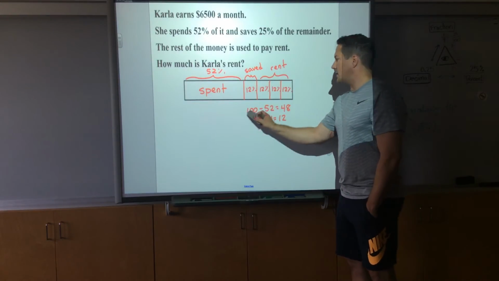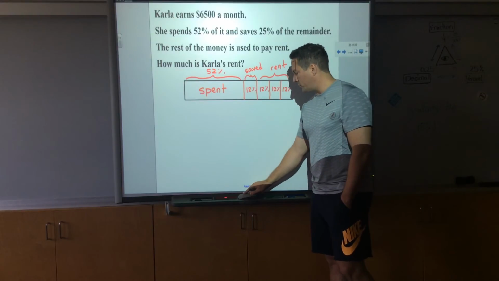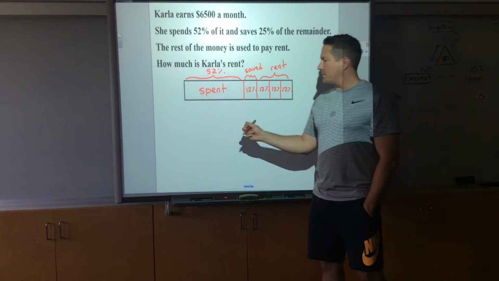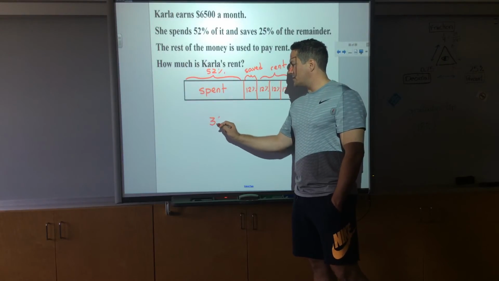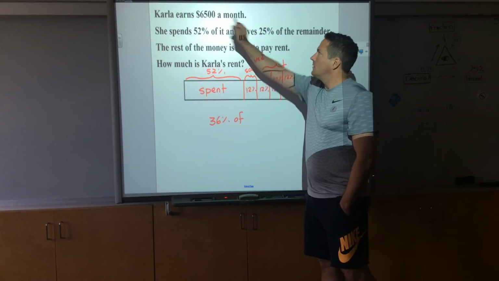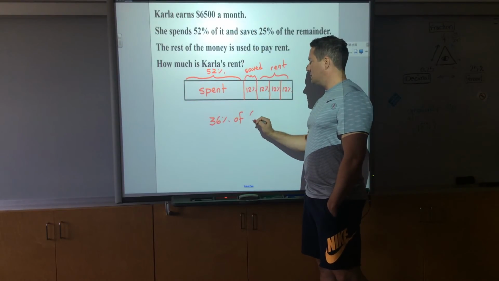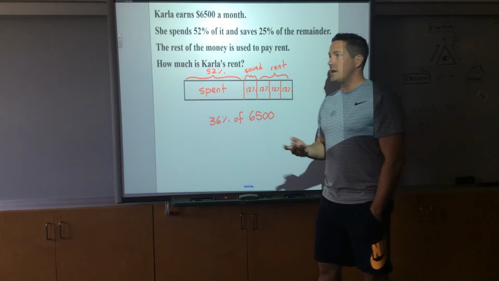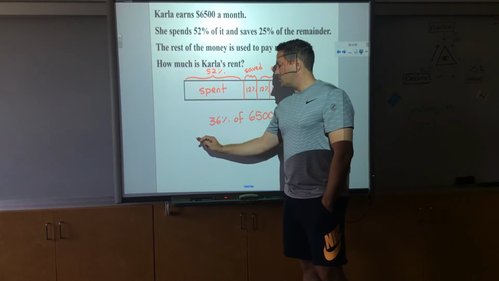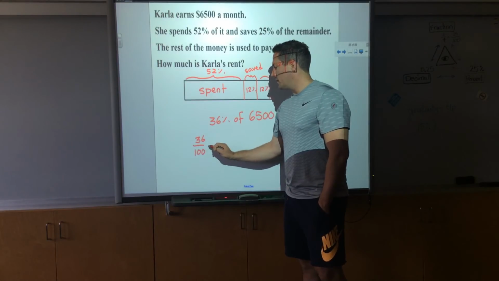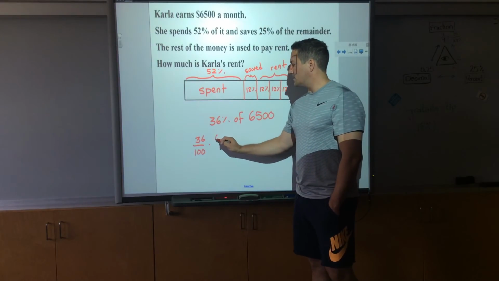So, I'm going to erase this again, give myself a little bit more room. So 12 plus 12 plus 12 is 12 times 3. So we're looking at 36% of how much she makes. $6,500 is rent. Now, you could do the traditional method of 36 over 100 times 6,500